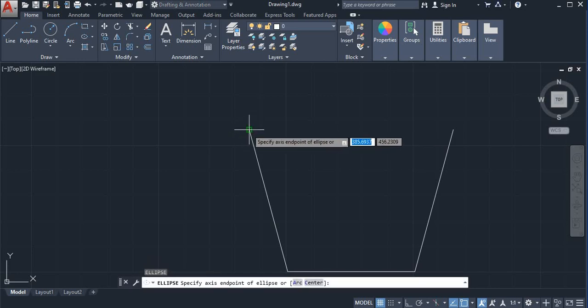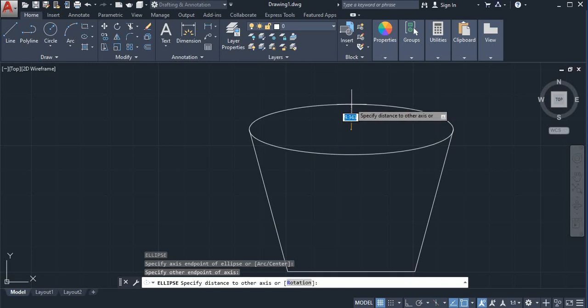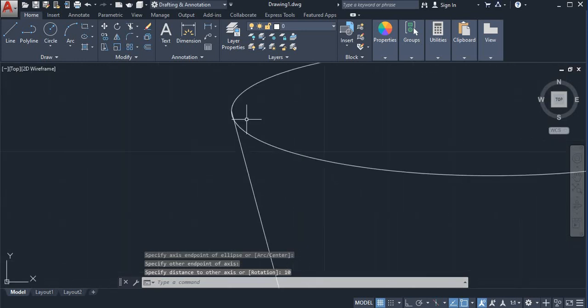Take ellipse and specify distance like 10. 10 plus 10 equals 20, and I will take 10. You can see